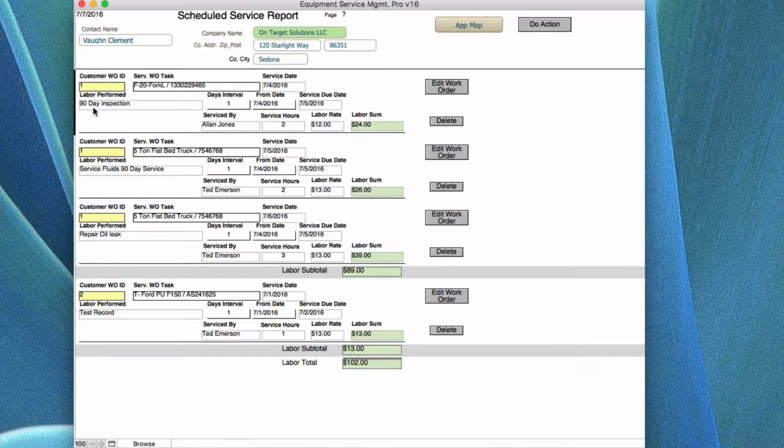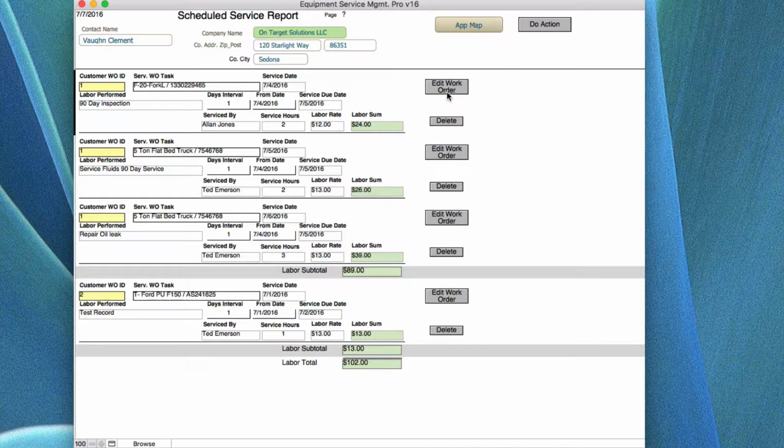And if your narrative is consistent, like a 90-day, a 30-day, 120-day inspection, you could look for all those reports based on that information. Anything that has 90-day inspection would bring them up. So the finds are very flexible, and it adds a lot of information as far as breaking it down by the individual